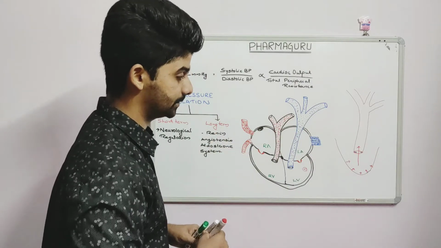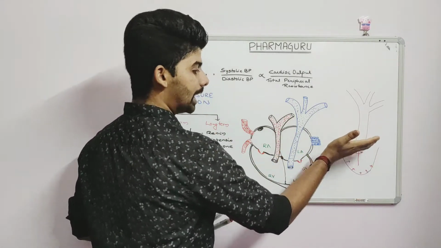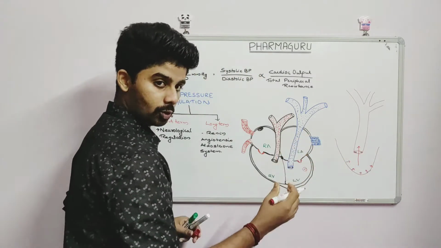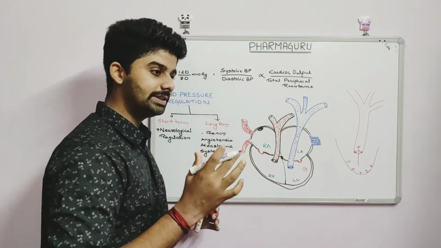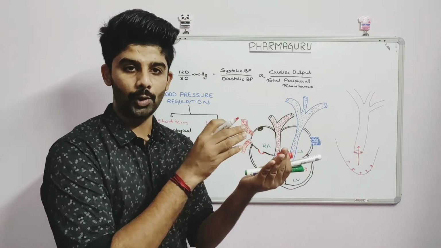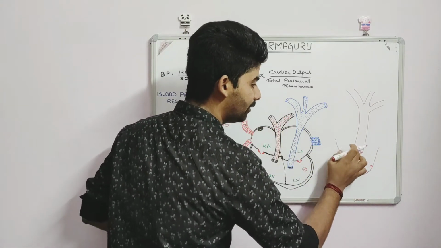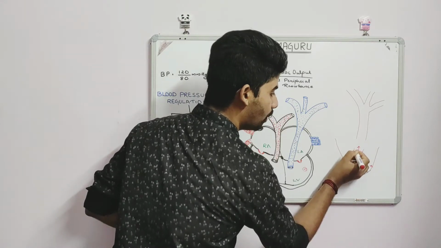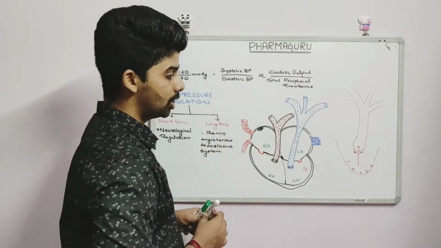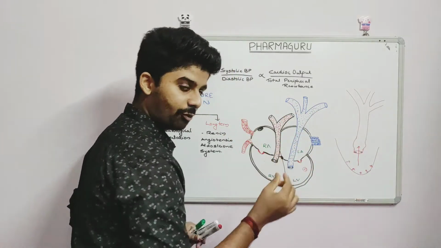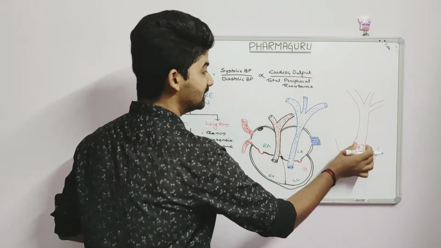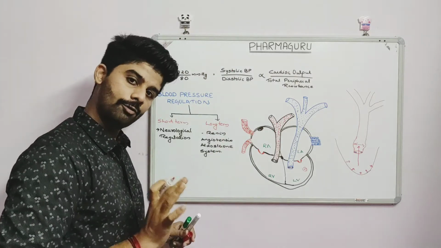Now just listen to what happens. When the blood is pumped into the aorta, after the systole is complete, these valves will close. See, consider a very delicate, very thin tube, into which we pump some fluid. For a moment, when the fluid enters this area, there is a small bulging of the pipe, a small bulging of the aorta. The pressure that is felt by the aorta when the systole is complete and the blood is pumped into it is the systolic blood pressure. Fine. Simple.